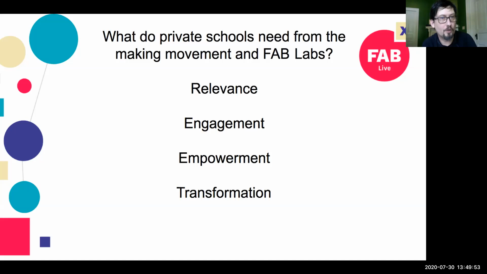They're looking for outreach. They're trying to find ways that their students can go out in the community, and that is a way of empowering those students to have something to offer to the communities around them, because private schools by nature tend to be a little insular. It's their small community, and they want to get outside of that, and that's where a mobile Fab Lab owned by a private school can be powerful. And lastly, they're looking for transformation, and by transformation they mean an edge. If a private school can do something really innovative, all of the other private schools are forced to follow them.